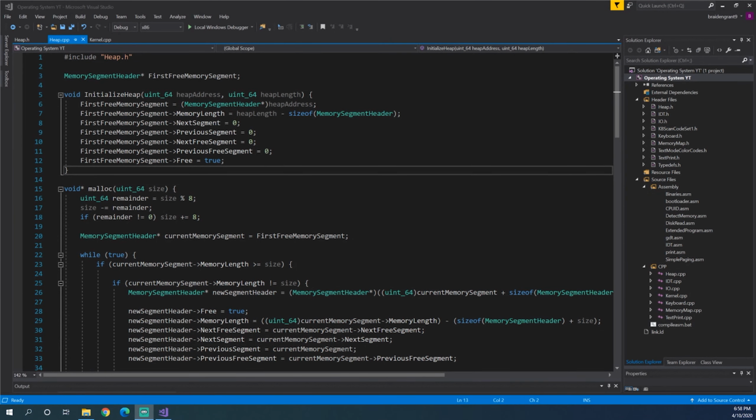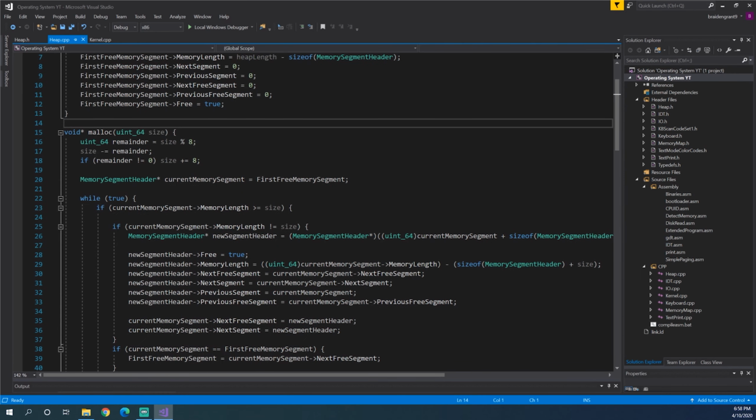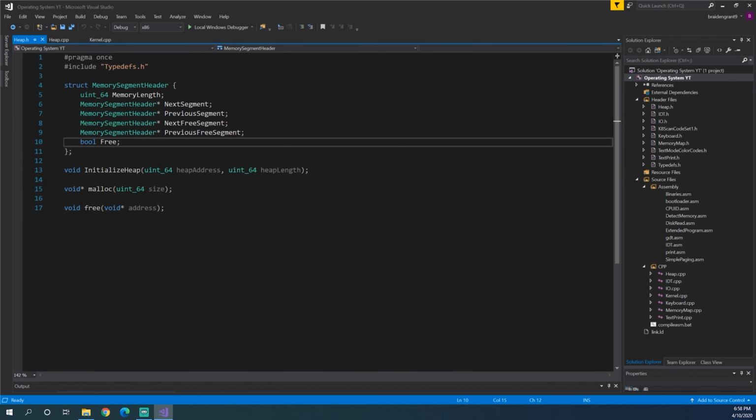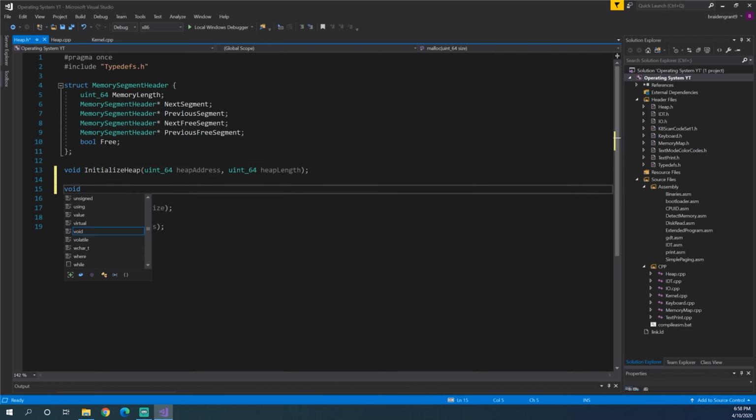Sometimes we need a section of memory allocated that is completely clear of any data inside of it. To do that, we're going to need to create a calloc function, which, if I'm correct, stands for clear allocate. So let's get started with our header declaration. Just like with malloc, we'll do a void pointer calloc uint64 size